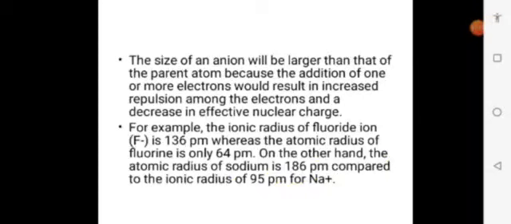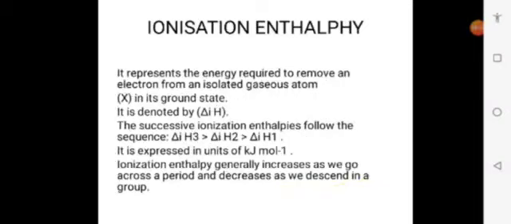It is the opposite in the anion. Anion means when an extra electron is added to the neutral atom, it forms a negative ion. In this case, the number of electrons is greater than the number of protons in the nucleus, as a result of which the ENC, the effective nuclear charge, decreases, and the atomic radius increases. So we can say easily the negative ion always has a greater radius than the neutral atom.